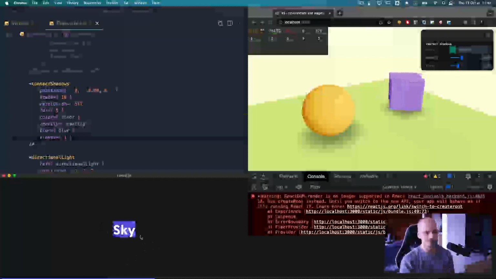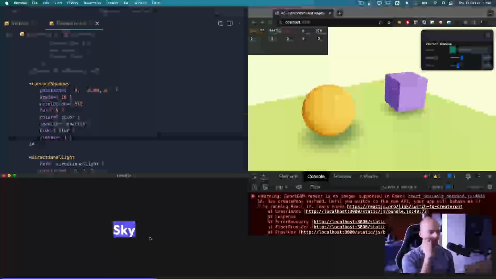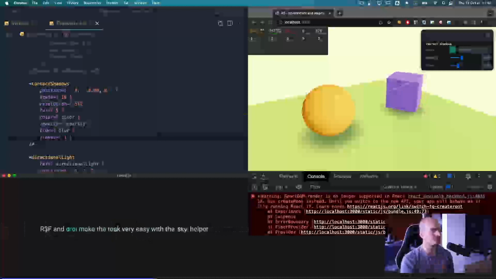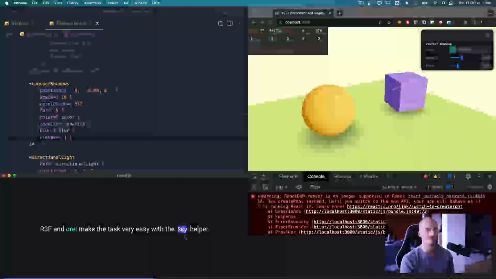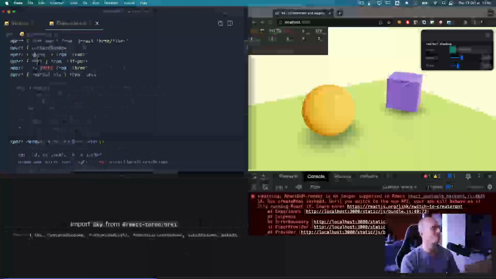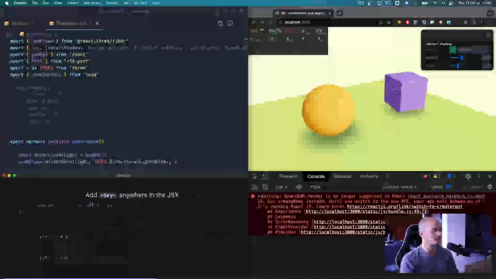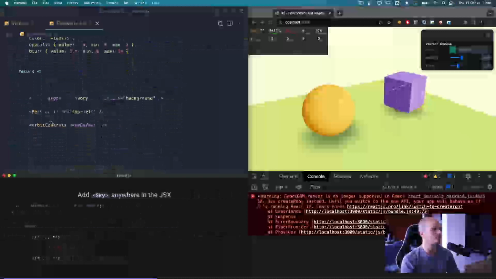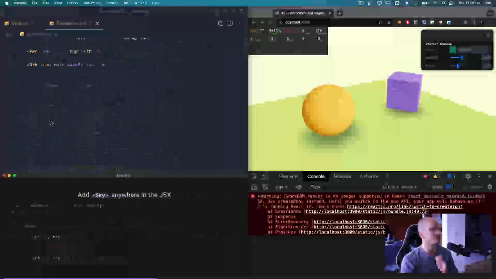And we already know the sky in Three.js. There is a class to do that, but we are going to see that it's very easy to implement it in React Three Fiber. All we need to do is use the Sky helper. So let's go. I'm going to import the Sky from Drei. So Sky like that. And I'm going to add it to the experience. And I'm going to add it, I don't know, maybe